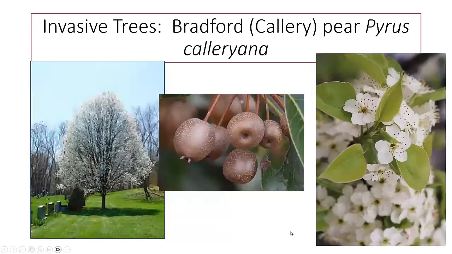The second tree that I am going to talk about is our friend, the stinking pear tree, the Bradford or Callery pear. The picture on the left is the reason that it's everywhere. So many folks loved the shape of the tree, the fact that it is a prodigious blossomer. It does have kind of an unpleasant smell. In the middle, you'll see the picture of the fruits of the Bradford pear, and the reason that it spreads so much is that birds and wildlife love it, and so they disperse it everywhere.